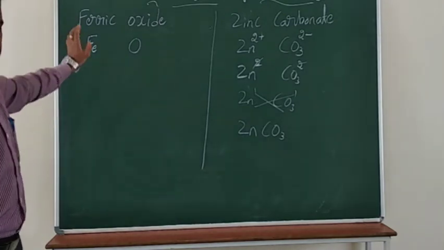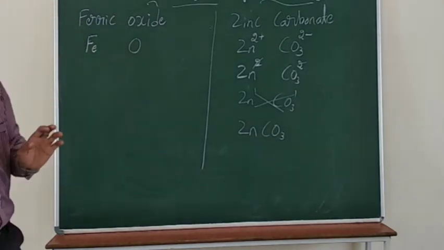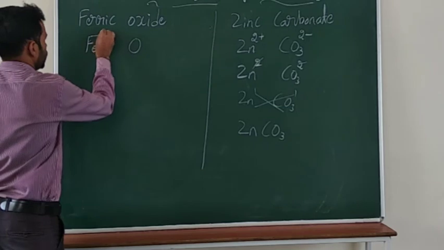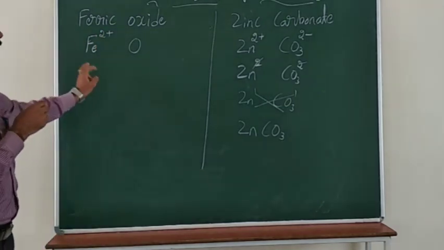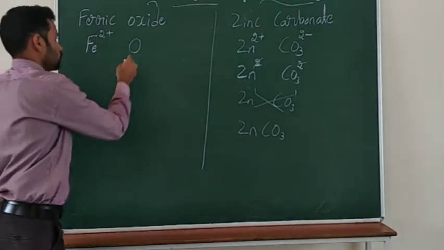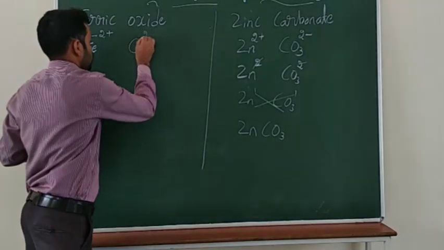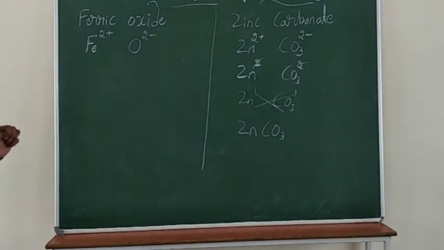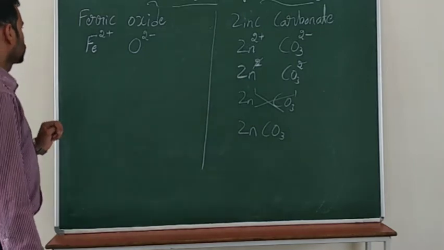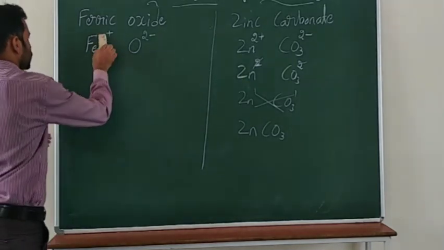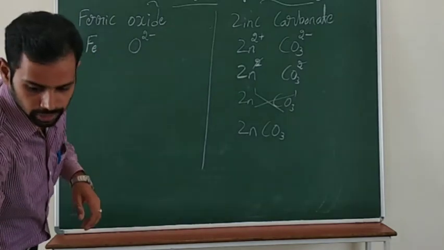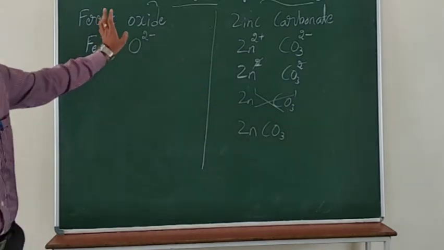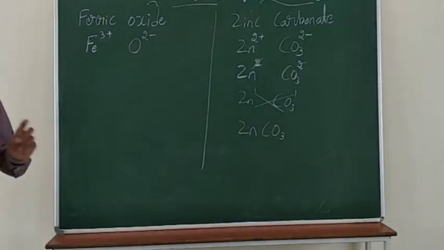Now what is the next step? First step you should write the symbol and next step you should write the valency. So iron, it is a transition element. So write the valency of the iron on the top of the element, and oxide. So we know that oxide is the oxygen family, so 2 minus. Oxygen valency is 2. Iron valency 3 plus. Okay. So what is the next step? You have to neglect the signs.